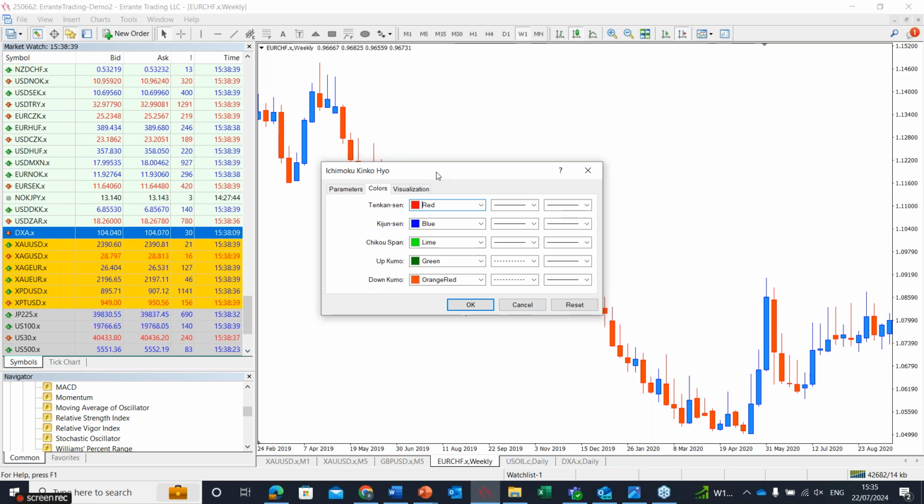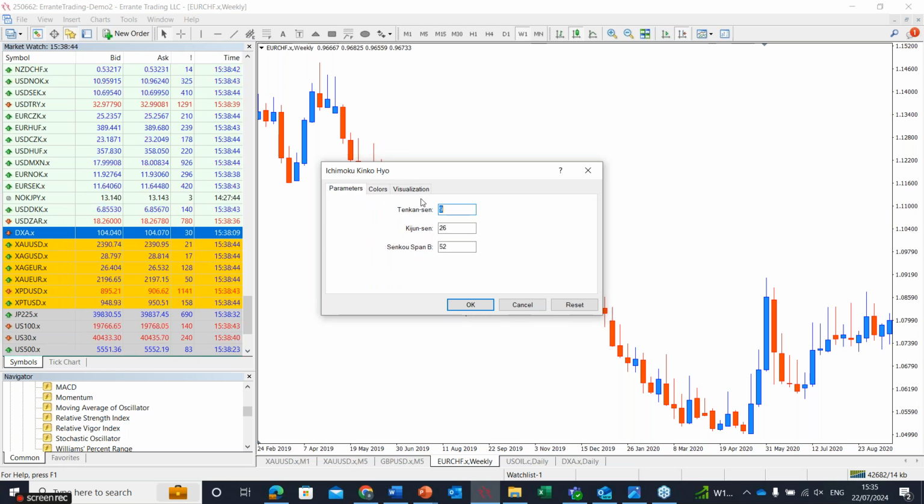Ichimoku Kinko Hyo is typically set with default parameters of 9, 26, and 52 periods, which are optimized for most market conditions. These settings are: Tenkan-sen, the first one, as we discussed; the second one is Kijun-sen, 26 periods; and then Senkou Span B with 52 periods length. Okay, so you can see the names. And ensure the default settings are on unless you have a specific reason to adjust them based on